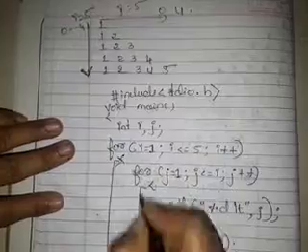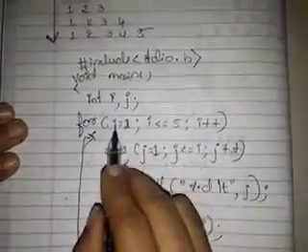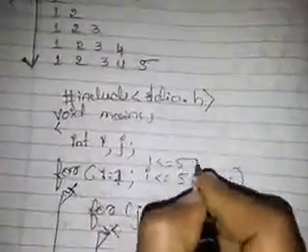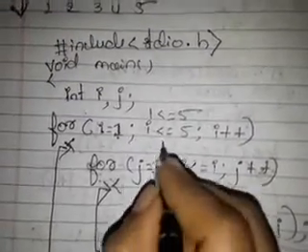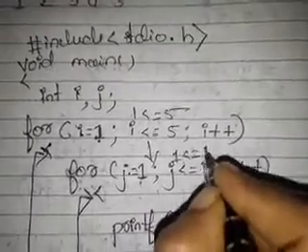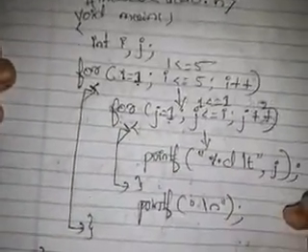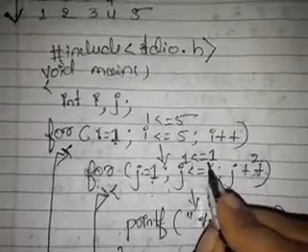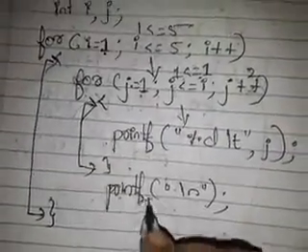What is the body of the outer for loop? This. What is the body of the inner for loop? This. Okay, let me explain now. i is equal to 1. 1 is less than or equal to 5. True or false? Yes, it is true. It will come inside. j is equal to 1. 1 is less than or equal to 1. Why 1? Because i value is 1. Yes, it is true. It will come. See here, 1 gets printed. j plus plus. The value of j becomes 2. 2 is less than or equal to 1. False. Definitely once this becomes false, the body of the inner for loop never executes. It will become printf backslash n, in the sense, I'll come to the new line.